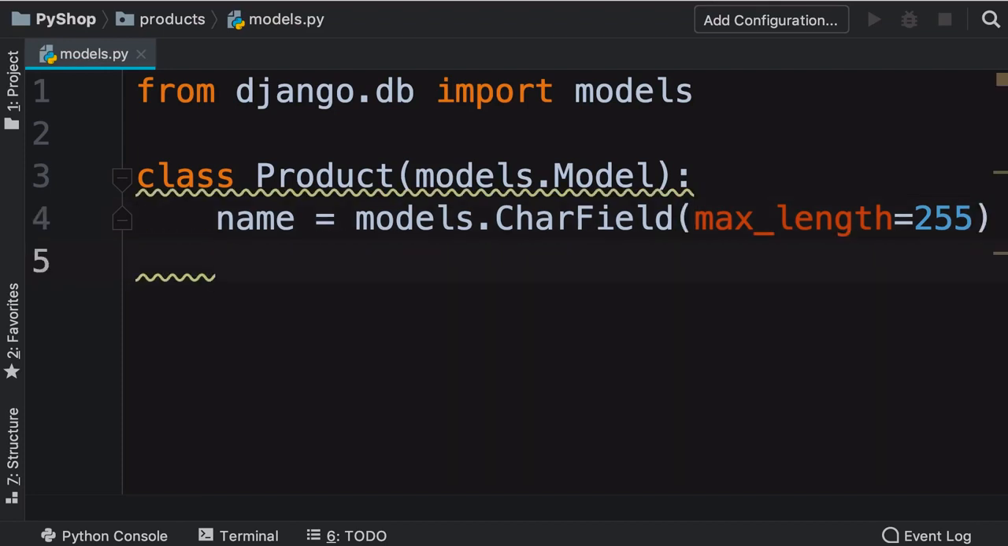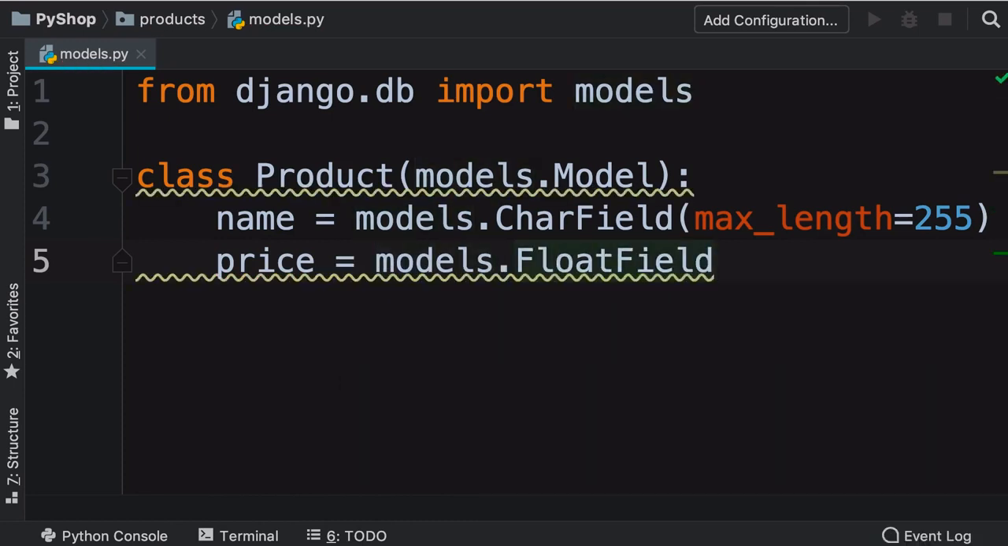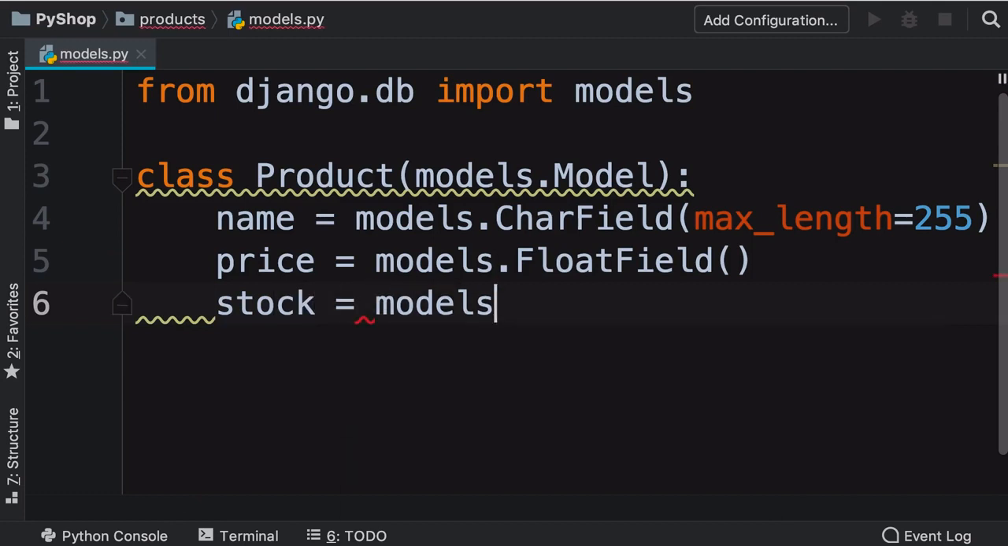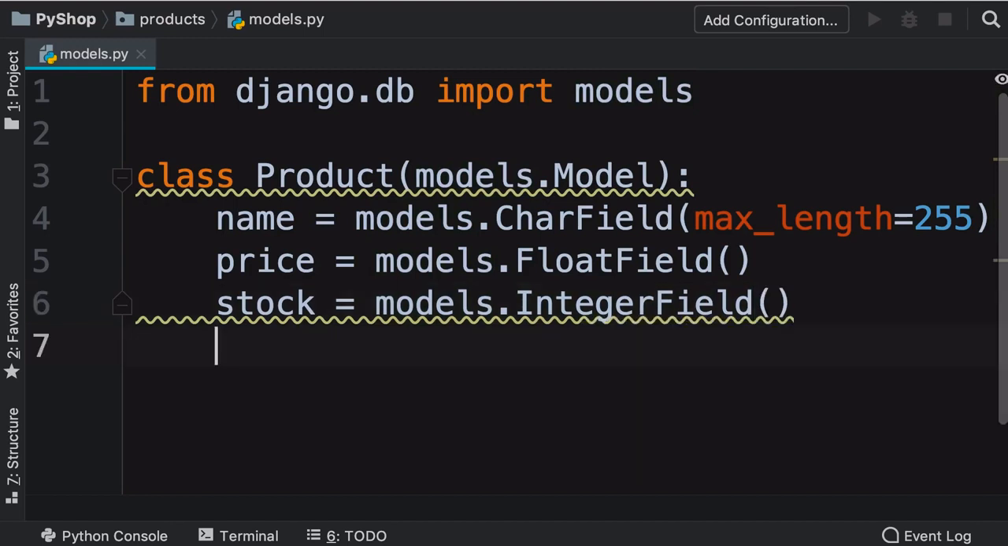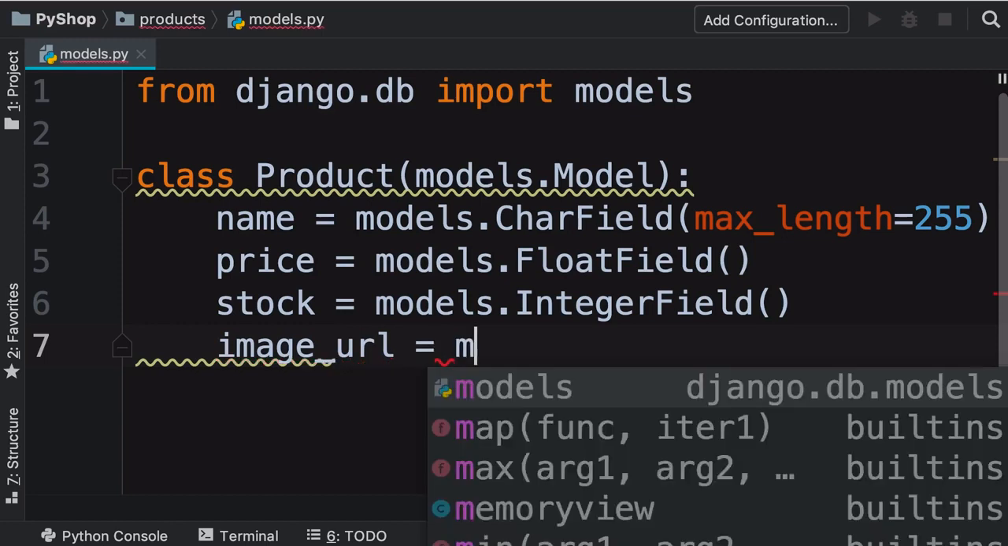Now let's define the price attribute. So we set price to models.FloatField. This represents a field that can contain floating point numbers. That's it. Now let's define the stock. We set this to an instance of models.IntegerField. And finally, let's define image_url to an instance of